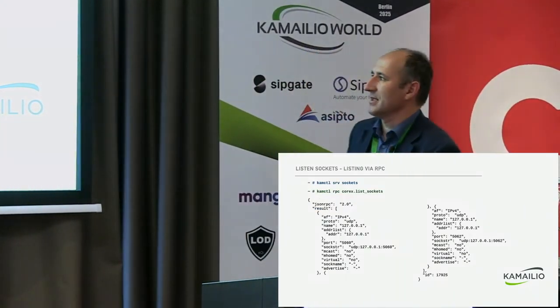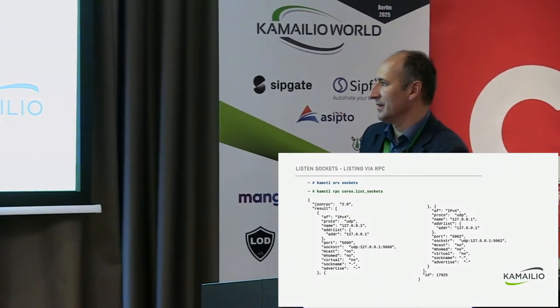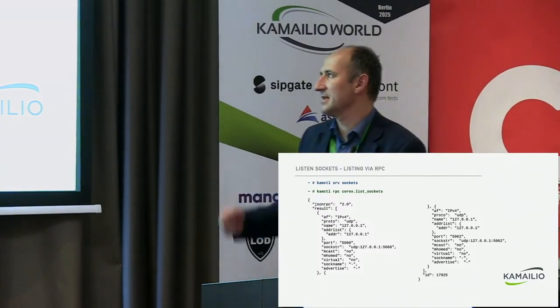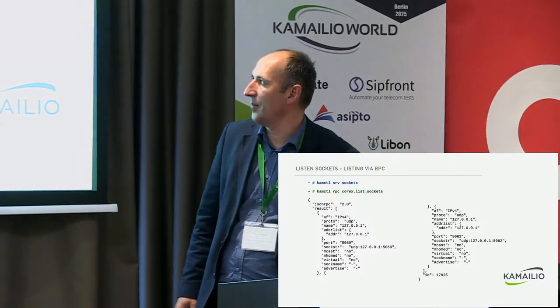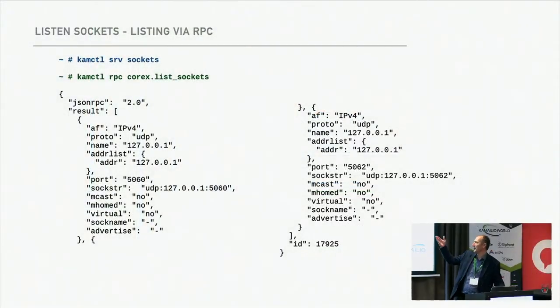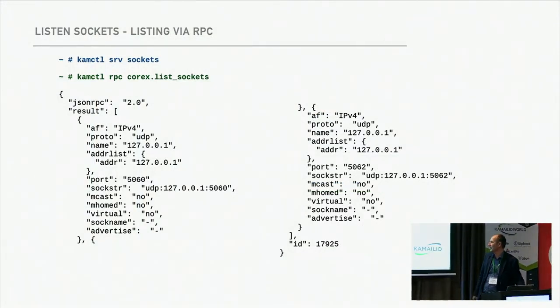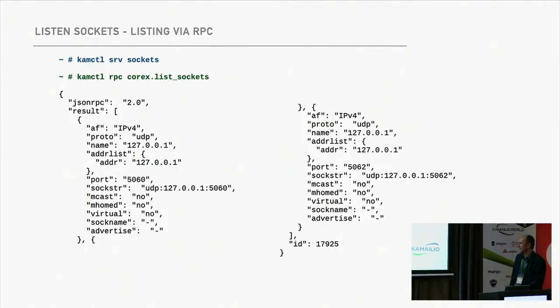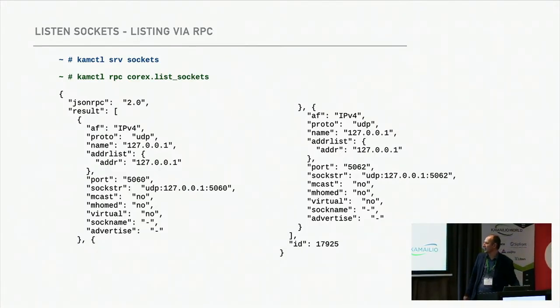How you can check existing sockets and the transports Kamailio is listening on. There is an RPC command, corex.list_sockets, that you can run. Or if you use kmctl srv sockets, internally it's doing the RPC command. It's just to have a simpler format to run in the config file, but behind it's doing the same. And you get the details of the existing or the active sockets Kamailio is listening on at that time. Sometimes it's useful because if you use the ifdefs and so on, you want to check, I enabled that socket now, and